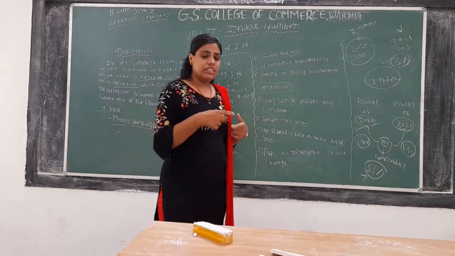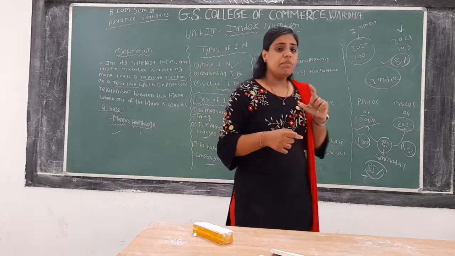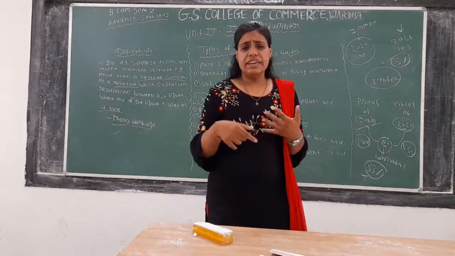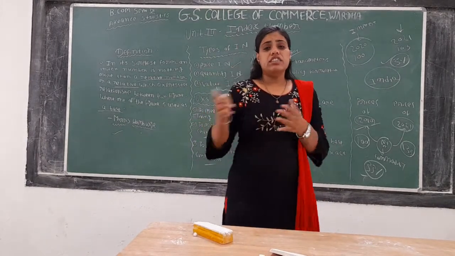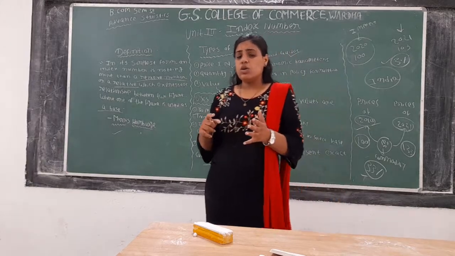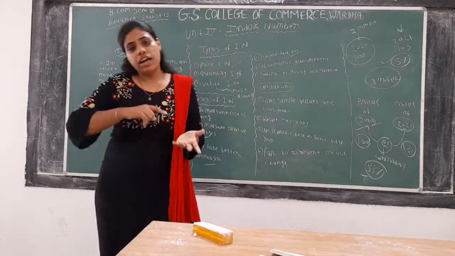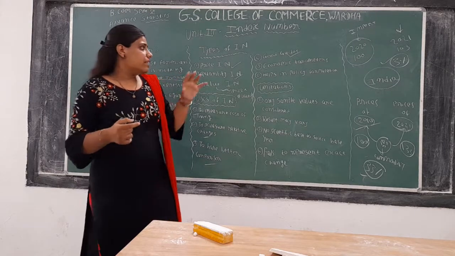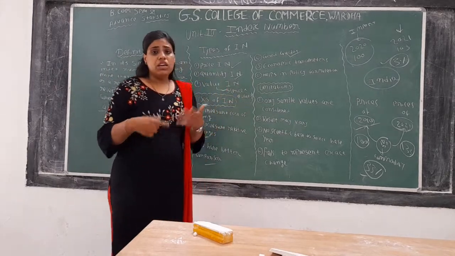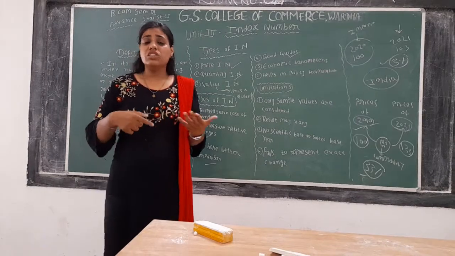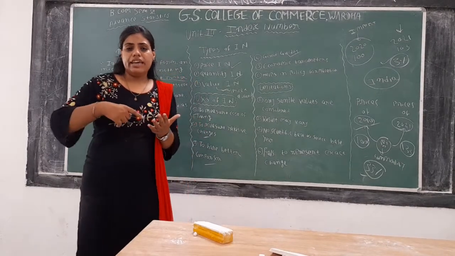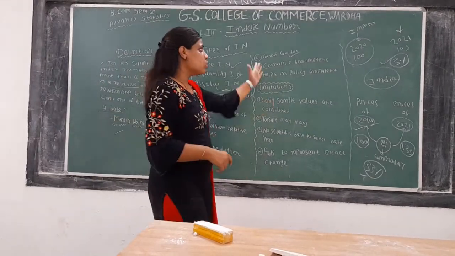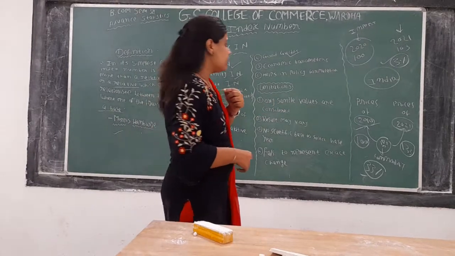Okay, and at the same time, when we have some parameter to check the growth, we can change the policy if the growth is not sufficient, or we can continue to implement the policy if the results are good. So that is why it helps in framing the policy, it helps in checking the growth, it helps in evaluating the performance. That is why we say that index numbers are good guides.